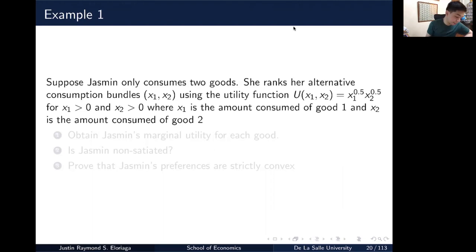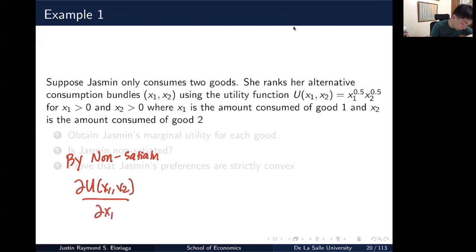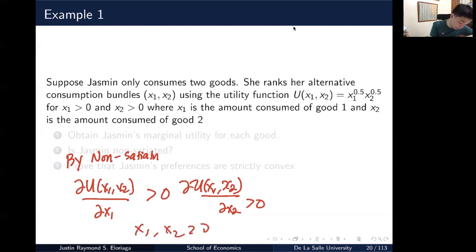So we said that by non-satiation, it implies that the partial of the utility function with respect to each good is greater than zero. With respect to each good, that is greater than zero. Then we also said, for as long as we're in the domain of x1 and x2 greater than zero, then